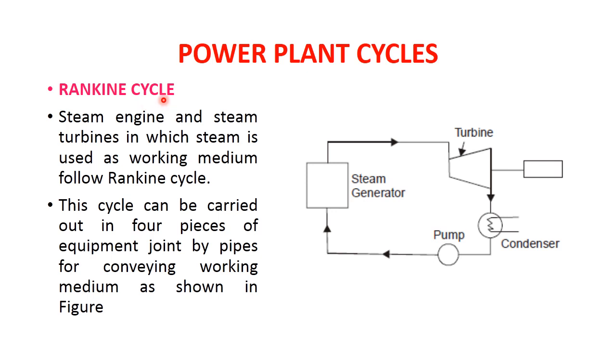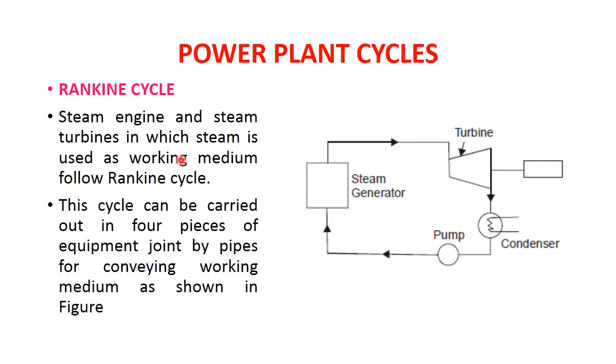Rankine cycle. We will now see the sketch of the Rankine cycle. Here you will see the construction of the Rankine cycle, with a turbine at the far end. Steam is generated and supplied to the turbine, and this turbine is connected to a rotor or generator which will produce the electrical power. Then the steam which has done the work of rotating the turbine will be taken up by the condenser, and with that condenser the actual treatment of the condensate will be done, and then it goes to the pump, and with the help of this pump it will be sent to the steam generator.